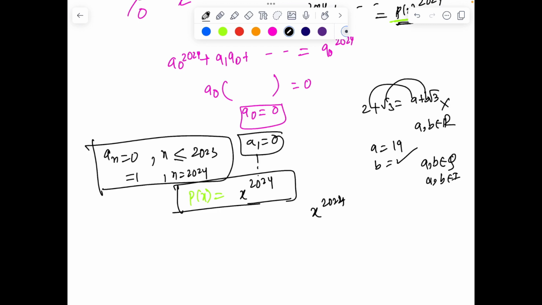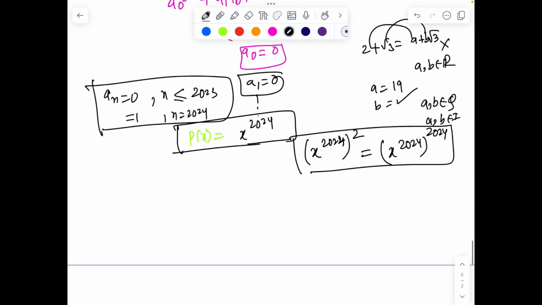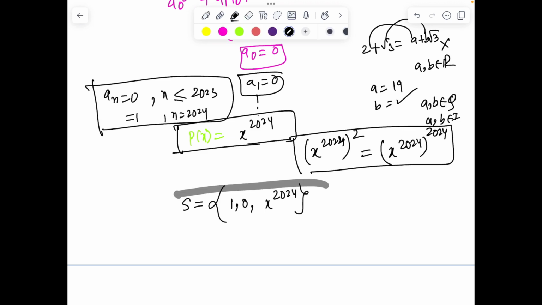So that makes your polynomial p of x as x to the power 2024, and indeed it works, right? Because x to the power 2024 whole square is the same as replacing x with x to the power 2024, giving x to the power 2024 to the power 2024. Okay, so the final solution of this problem is that S is the set of three expressions: 1, 0, which are constants, and x to the power 2024. Hence the cardinality of set S is